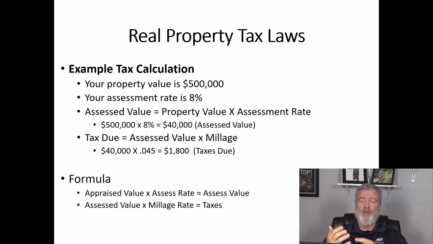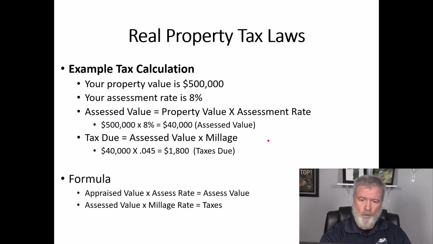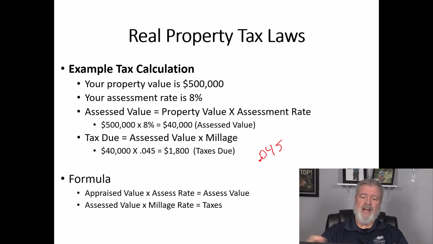In this example, 45. You've got to convert that to a rate. How do you do that? Well, mills, that's 1,000, that means you have to basically move your decimal point 3 places. So, y'all, you see I got 0.045. If I've got 45 mills, to convert this to a rate, I know I've got to move the decimal 3 places. So I just need to add a 0 onto the beginning, a decimal,